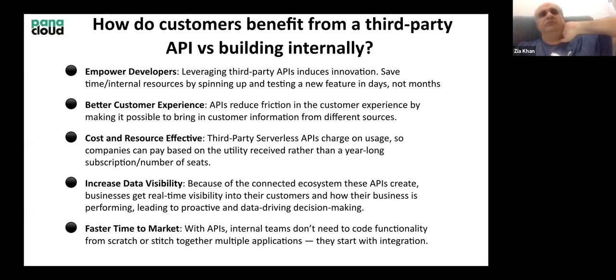Now, this we have already discussed. How do customers benefit from third-party APIs versus building internally? Your boss will come and tell you, let's develop it ourselves. I'll tell him, of course, I'm joking, but I'll tell him, you do it. He said, let's not use Stripe. I don't believe in them. We'll develop our own